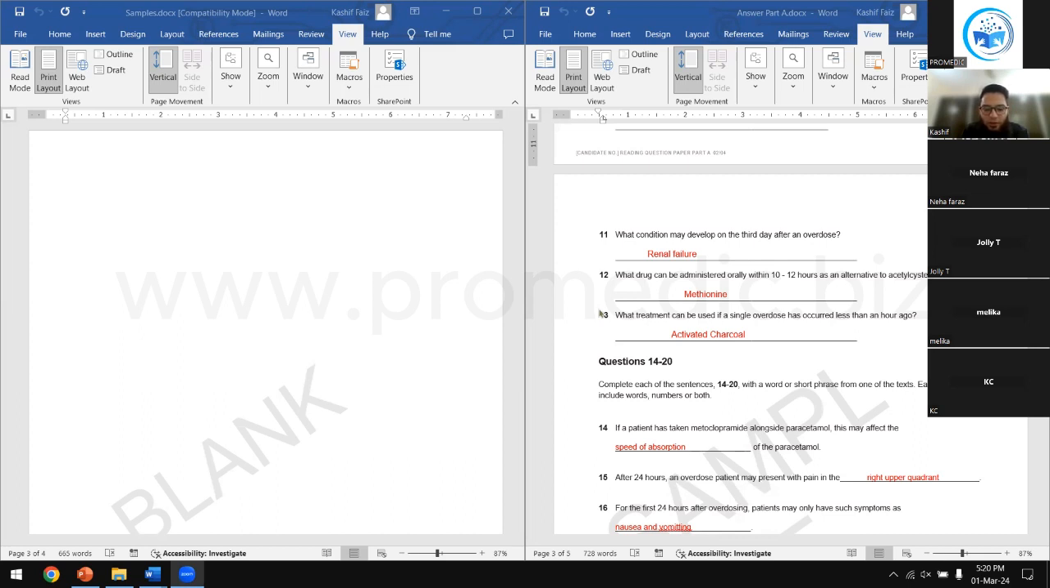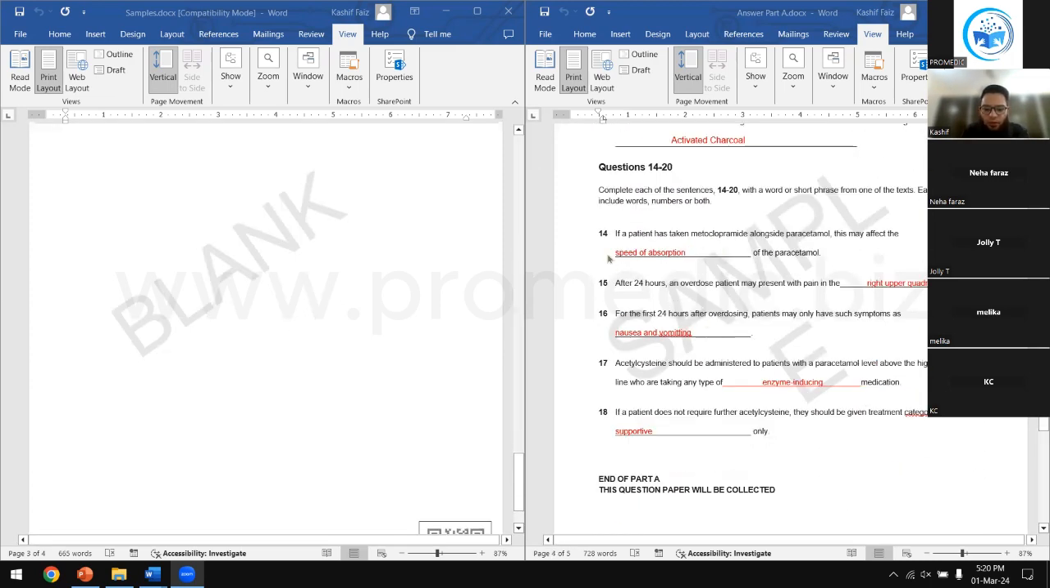That's what I say. It's not hepatic necrosis. You have to be very attentive. Okay, methionine. What treatment can be used if a single overdose has occurred less than an hour ago? Activated charcoal. Coming to the last questions, if a patient has taken metoclopramide along with paracetamol, this may affect the speed